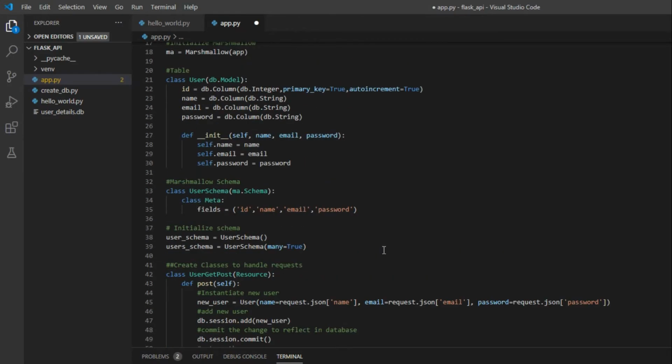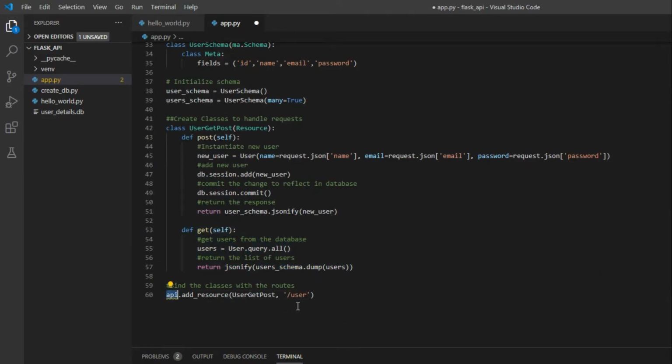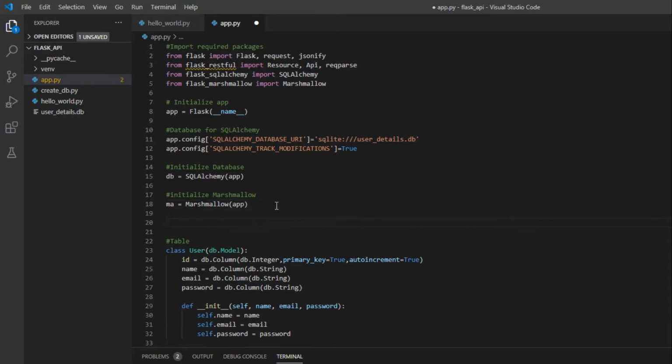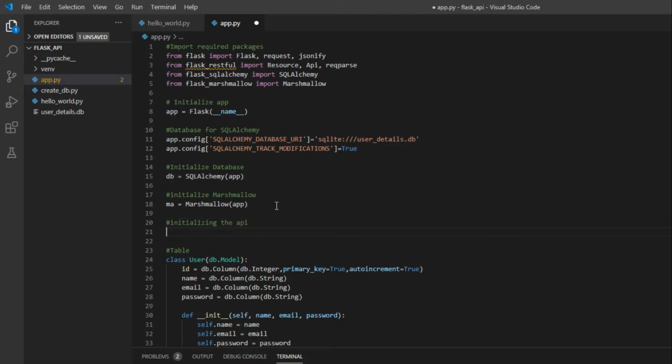Okay, here is an error: API is not defined, so we have to define the API. We can do that by initializing the API: api equals Api(app).